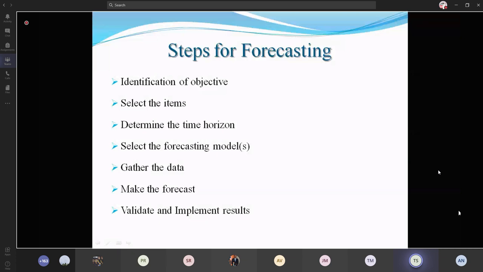And next one is determining the time period. This involves the time perspective for the demand forecasting, maybe a long period or a short period. So in the short run, we can determine the policies, which can be found out by using mathematical or statistical methods, that is within the organization itself by collecting the data, or otherwise they can take a long period by taking surveys and all those things.